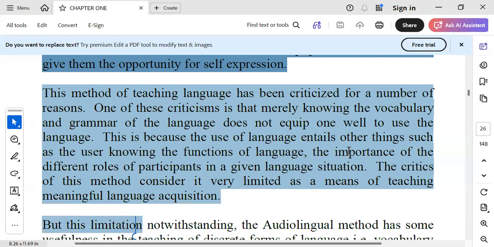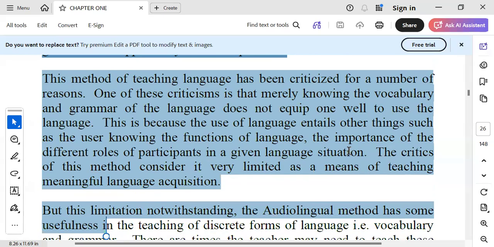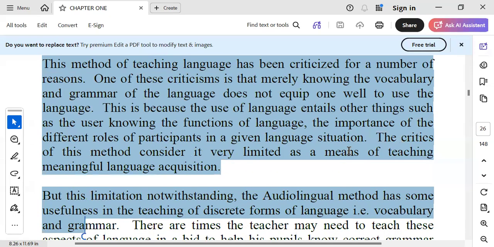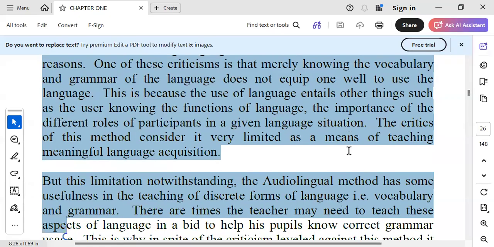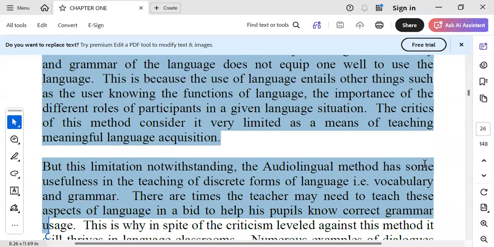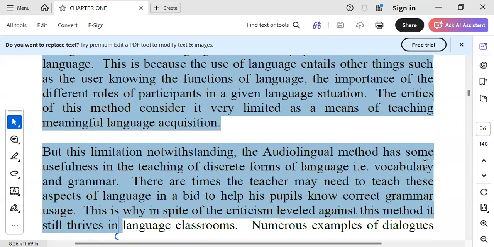But this limitation notwithstanding, the audio-lingual method has some usefulness in the teaching of discrete forms of language, especially vocabulary and grammar. There are times the teacher may need to teach these aspects of language in a bid to help his pupils correct grammar usage. This is why, in spite of the criticism leveled against the method, it still thrives in language